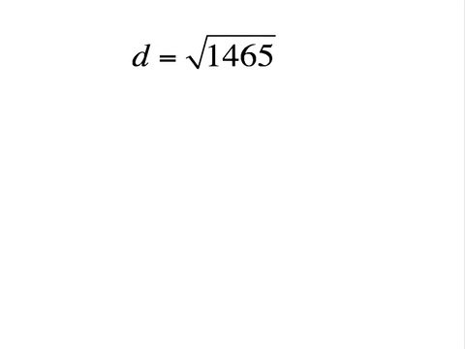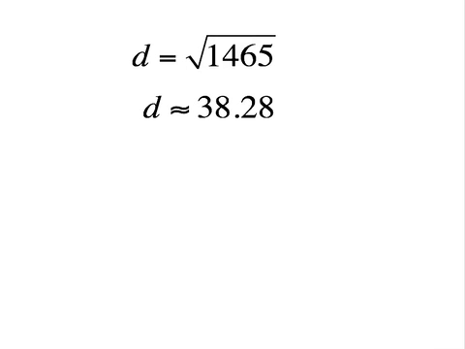We need a little more room, but turns out we really didn't need much more room because we can't take 1,465 into any more simple radical form than it already is. So we either leave it like that or round it off to some agreed on place. I picked the hundredths place again. So our two possible ways to express this distance are the square root of 1,465 or the approximate value of